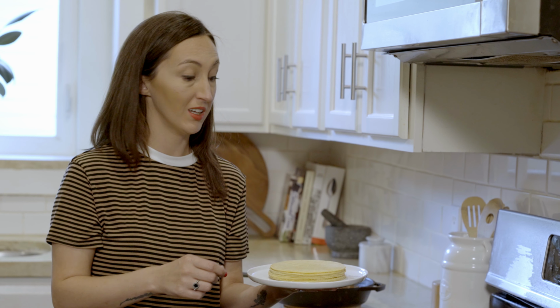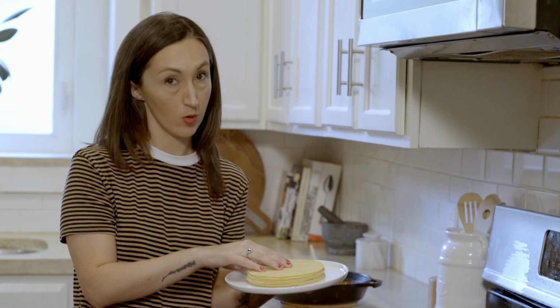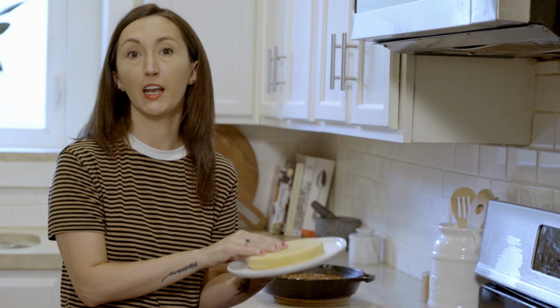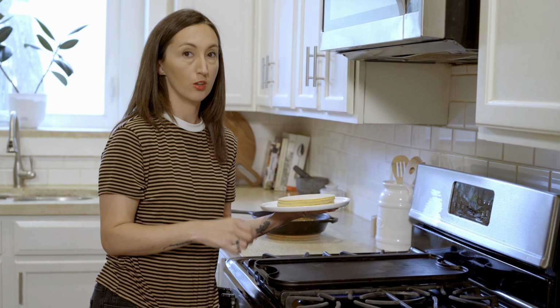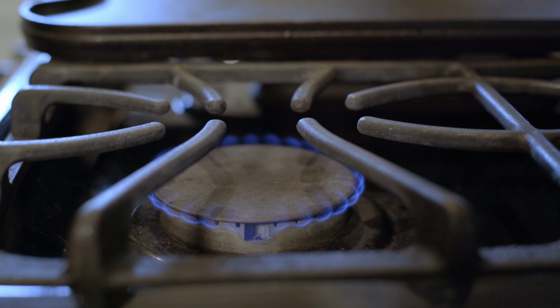Before we assemble the enchiladas, we're going to warm up the corn tortillas, because if you don't warm up corn tortillas before you try to use them, they break and crumble and it turns into a frustrating mess. So we're gonna go ahead and get these heated up. Usually here at home, I just put it directly over the flame of the stove, and that's how I'm gonna